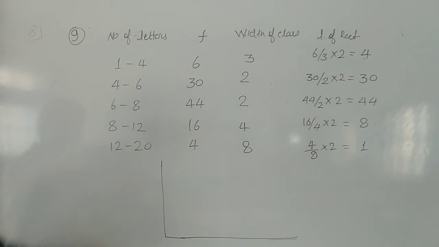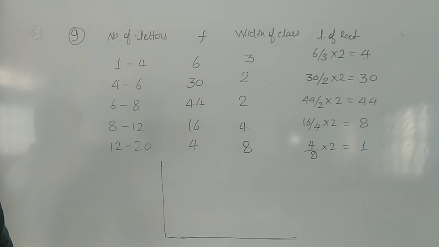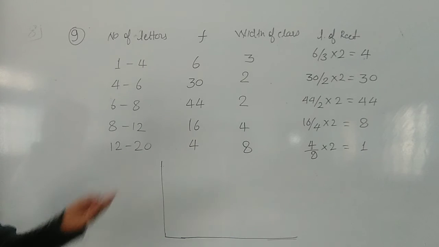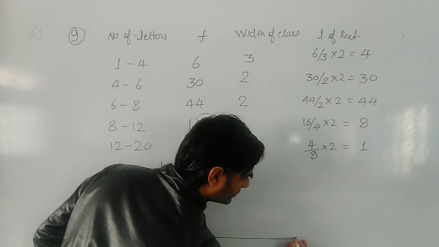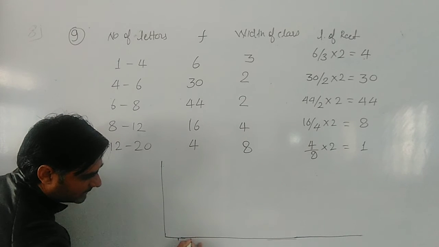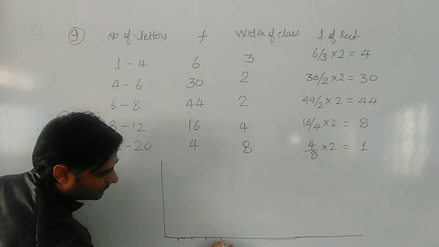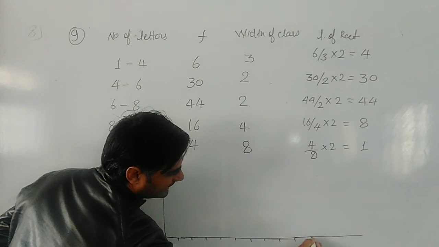On the x-axis what we will take are these: 1 to 4, 4 to 6, up to 20. 4 we can take, ना. 4 पार्ट में डिवाइड करेंगे. 5 का ले लो, 2 का ले लो. 2 का लोगे तो भी काफी, 10 times we can take. तो 2 का ही ले लेते, इजी रहेगा. है ना. This is 1, 2, 3, 4, 5, 6, 7, 8, 9 and 10.